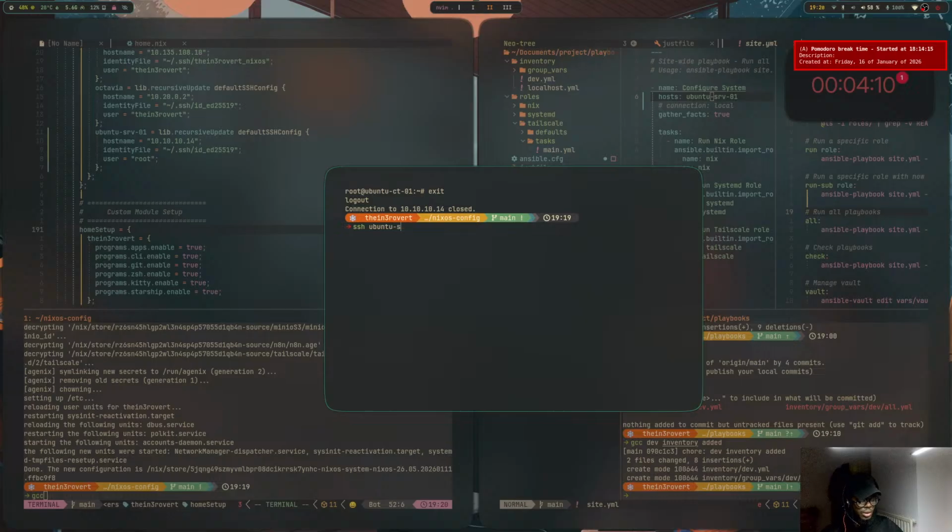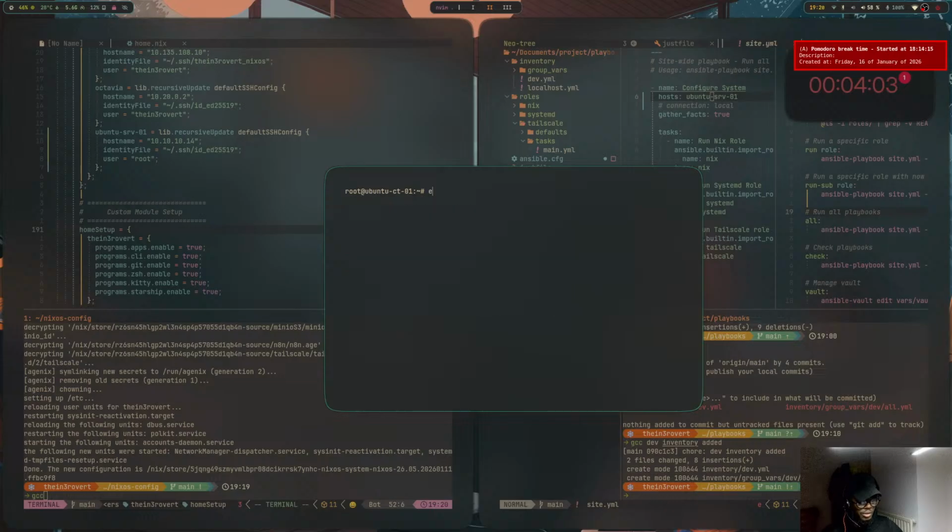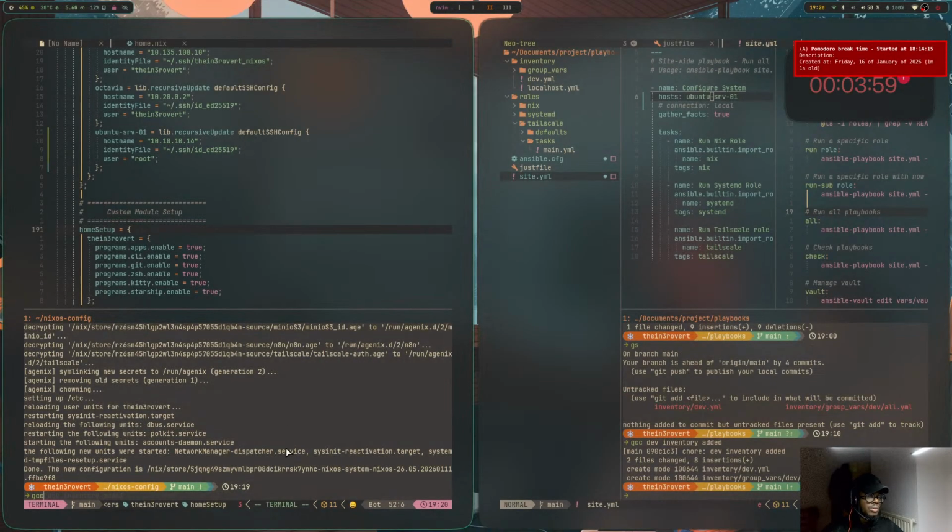Ubuntu SRV1. There we go. It works. So we don't need to specify whatever. Alright, so let's go to GCC and test Ubuntu